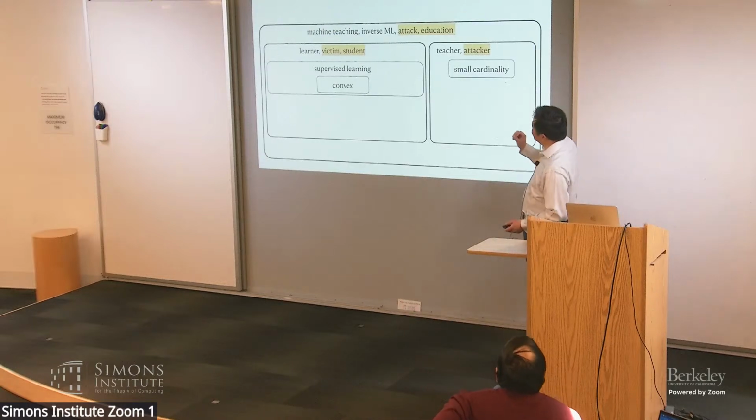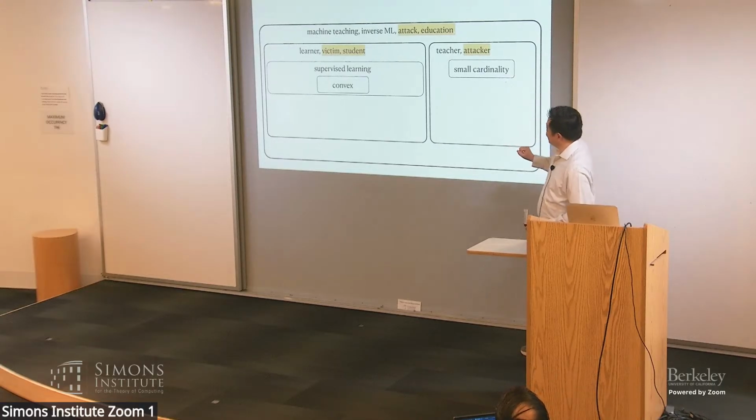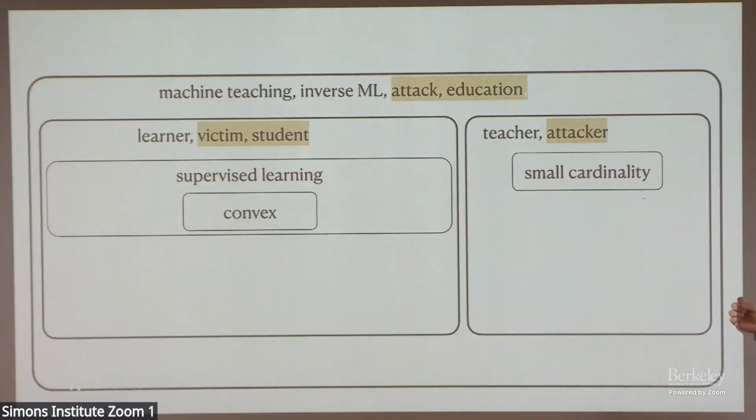All right, so that's what we just discussed. We're viewing the machine teaching problem either as an attack problem or as education in humans. And by the way, for the record, because we live in strange times, I want to say that this is not saying our educators are attackers of our students. It's just that the education problem and the adversarial attack problem, with completely different purposes, somehow share some underlying mathematical formulation. So that's what this is trying to say.